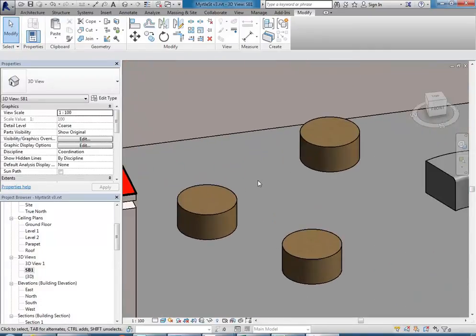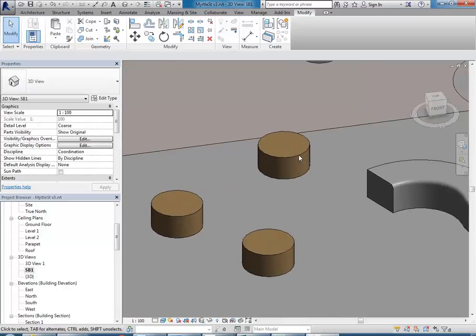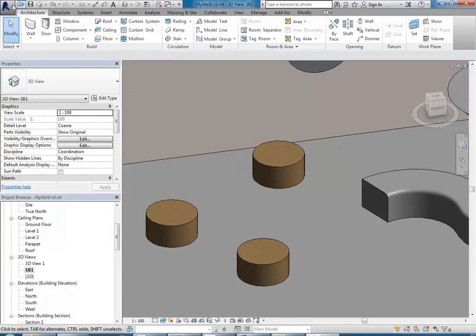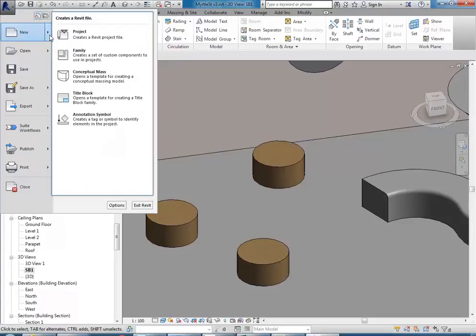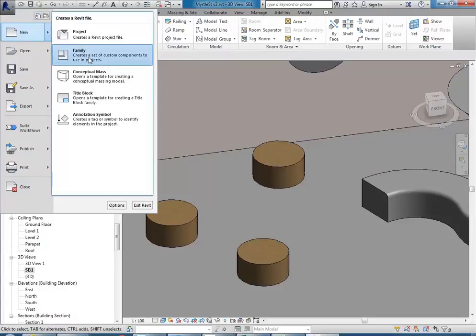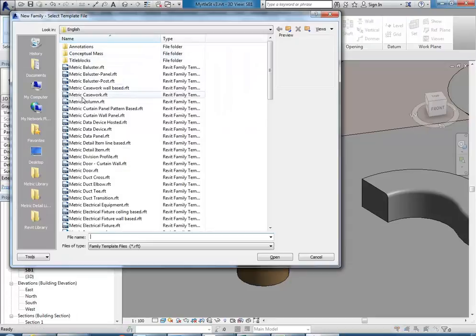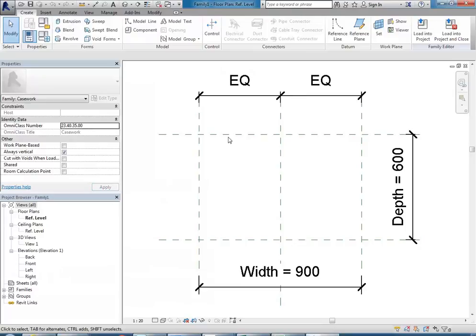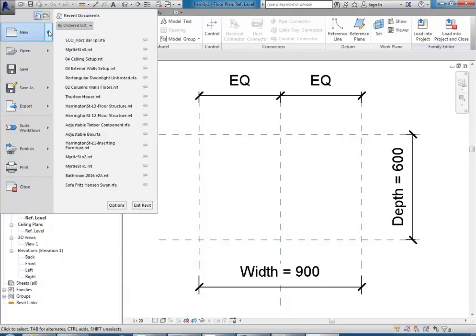The better way, if you know you've got a lot of identical objects in your projects, instead of doing it with an in-place family, in other words going to model in place, the better option by far is to manage it in its own file by going to big R, new, and then family. So, remember I used casework, so I'm going to use that. Metric casework. And I'll just bring that list up again. So if I go again, new, family,